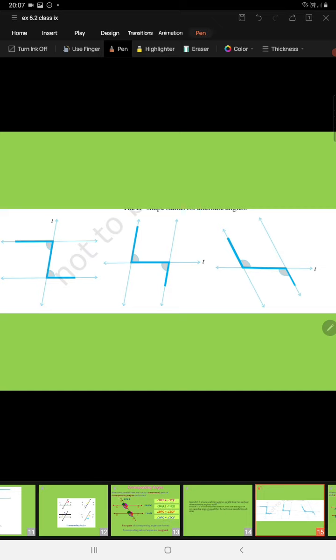Next, the concept of alternate angles. Students, the word alternate is a synonym of opposite. So here we are taking only alternate interior angles, because these two are parallel lines, and in between these parallel lines, this angle and this angle are on the opposite side of the transversal. That is why they are called alternate interior angles. So alternate interior angles give the idea of the shape Z.